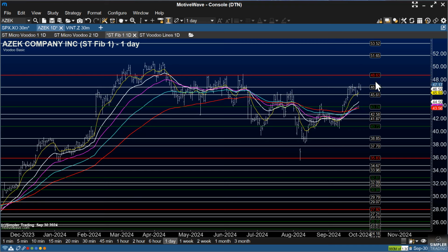is AZEK. You can see we had this sharp move down in August based on these new Voodoo Lines levels. It did find our most important Voodoo fire line and is working its way back up towards the upper fire line. And the Voodoo roadmap says that particularly so long as we can stay above these two tree lines, the tree line here at 40.72 and the tree line at 43.74,